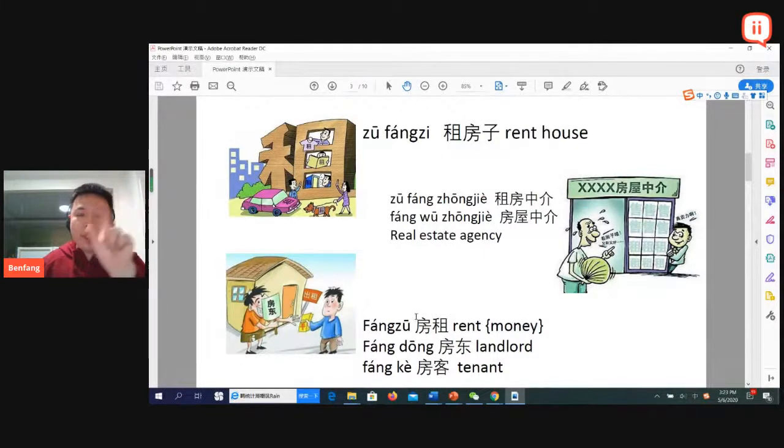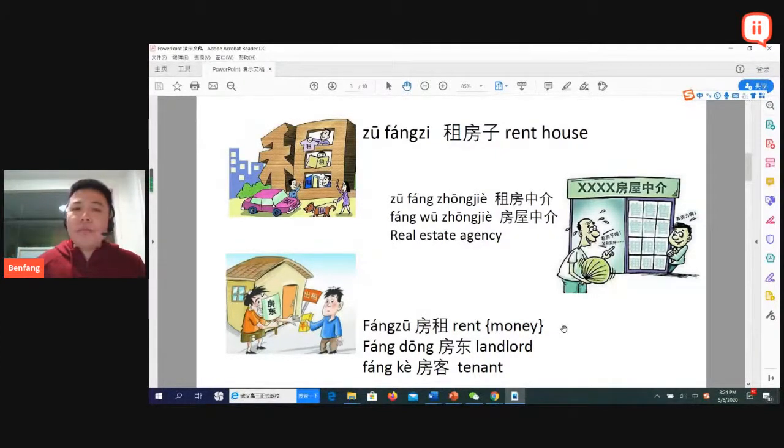If we switch it, 房租 is a noun for the rent of the money, 房租。So 付房租, 交房租 is to pay, to hand in the rent. 付房租，交房租，很好。